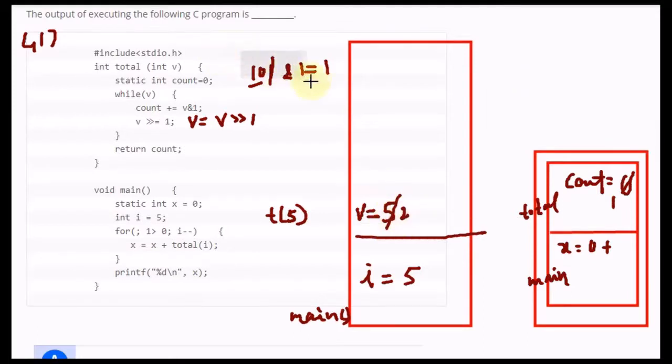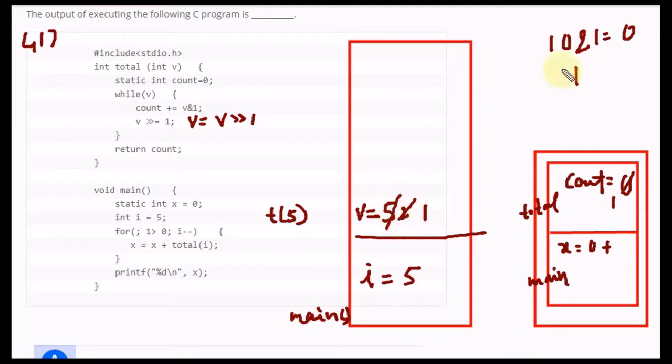Now again this condition will be checked and it is true. Again we update the value of count. Our v is 10 in binary and we AND it with 1, so that value is 0, so the count value will not change. After the right shift this changes to 1.